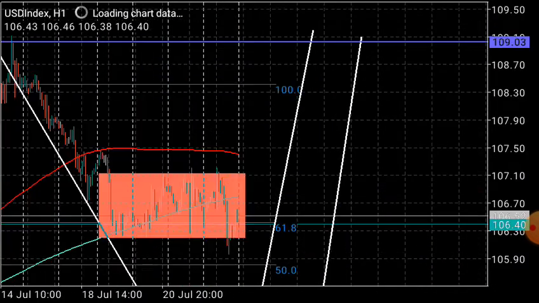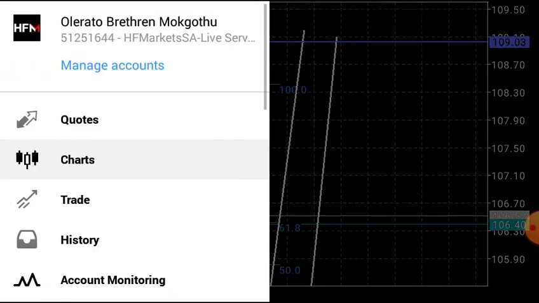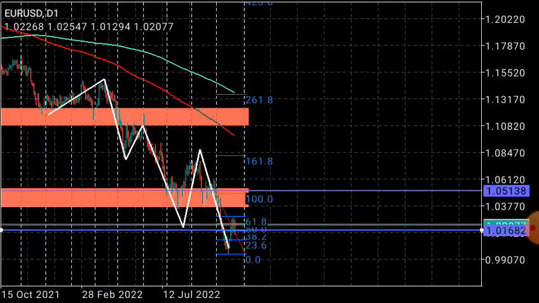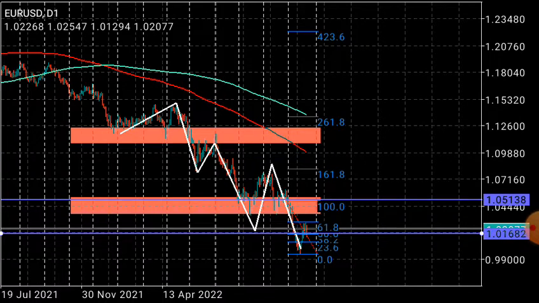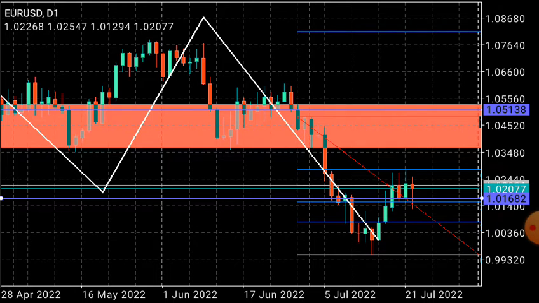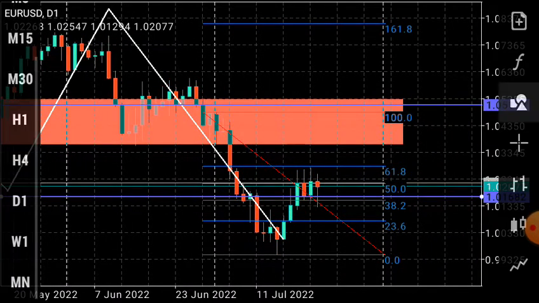Let me look at it on the 1 hour time frame. Okay, to the EURUSD, the daily chart. I spoke about the dollar index. I spoke about the EURUSD the past week, and I spoke about the pound as well as USDJPY. If you go back and watch the previous analysis, if you got the analysis correctly at the time, you could have made profits, because this is exactly what I anticipated. 90% of it played out.